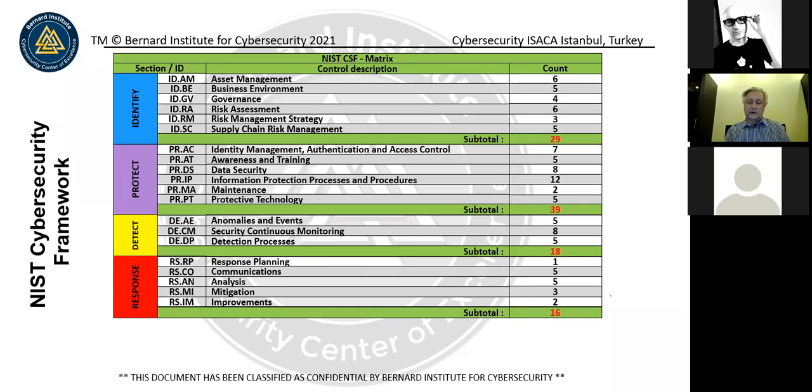And then, of course, the response. So once you detect it, what do you do? So there's 18 controls under detect. There's 16 control points under response. So you need to have a response plan. That is basically a playbook. That involves communications, any type of analysis that's required. Could be forensic, could be detonation in a sandbox, could be making sure you have the right logs running so that you can track the information, because as we heard earlier from Cefa,